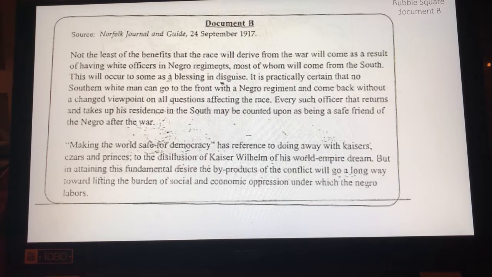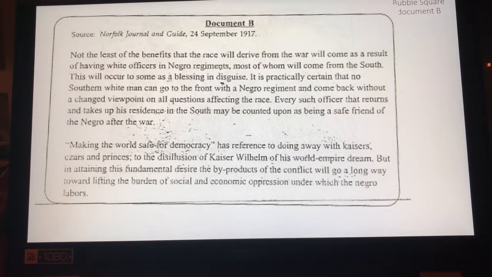Okay, so they're talking about the military, right? We're involved in this war, and we're looking at white African-American relations. This will occur as a blessing in disguise. So we're going to have a benefit of white officers over African American regiments. And this is one of the things in this war: it's really hard for African Americans to move into positions